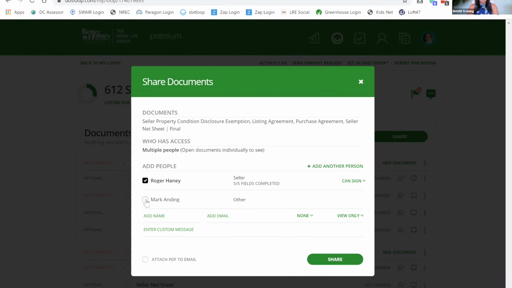And then as you're adding people here, you can add, of course, custom, right? Let's say it's just Alana. You can add this and then say, hey all, congrats, you're under contract. Roger's under contract. And just say, here's the executed purchase documents. Please start moving forward with title and mortgage. If you have any questions, please let us know. So now you're sending one email with all of the documents to one group of people,